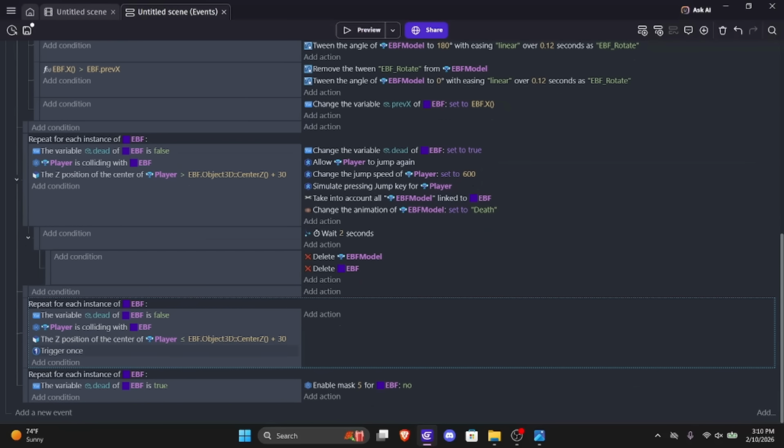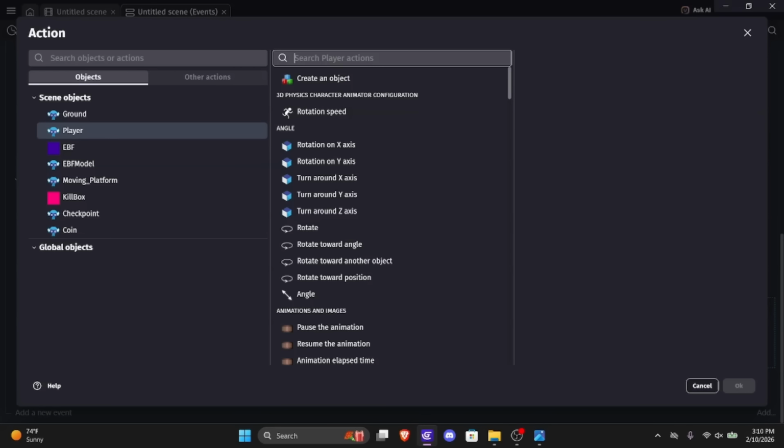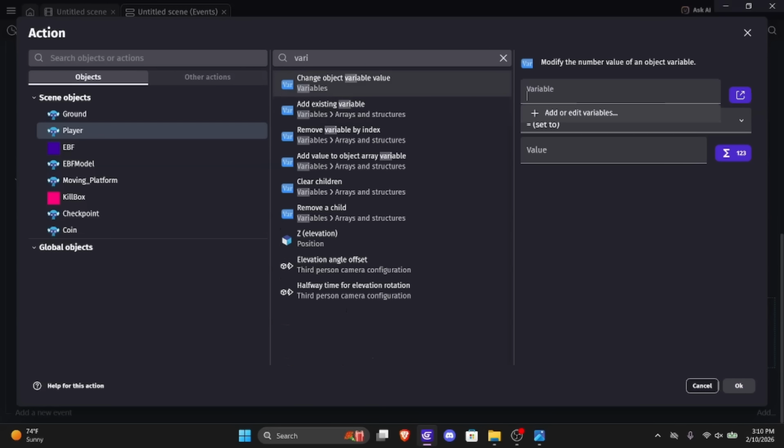And when that is set, remember we already set up events earlier to handle our death. So all we have to do is set player dead to true, and our previous events will handle the rest. And that's the advantage of making proper events. All you have to do is set a variable to true, and it will handle everything for you, depending on how you create it. So we're going to click into player, type in variable to access our death, and we're going to change the object variable,